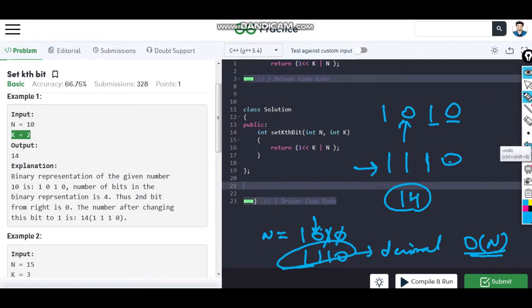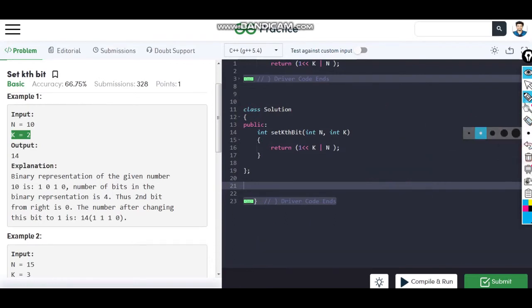Let me explain that. Let me remove this first. Now what I'm doing is the OR operation. If we have n equal to 10, I'm shifting 1 k times to the left. The representation of 1 is 1, and I'm shifting it k times to the left, so k is 0, 1 and 2.